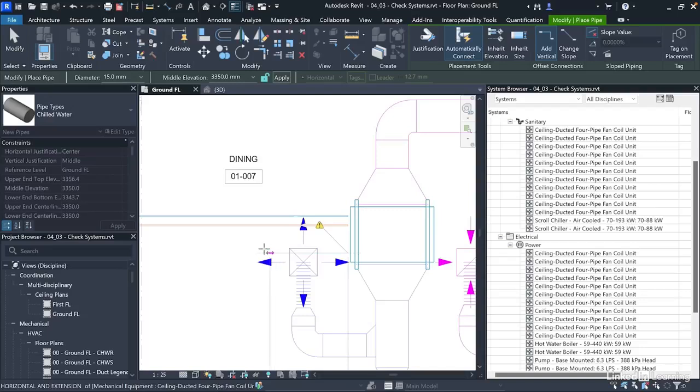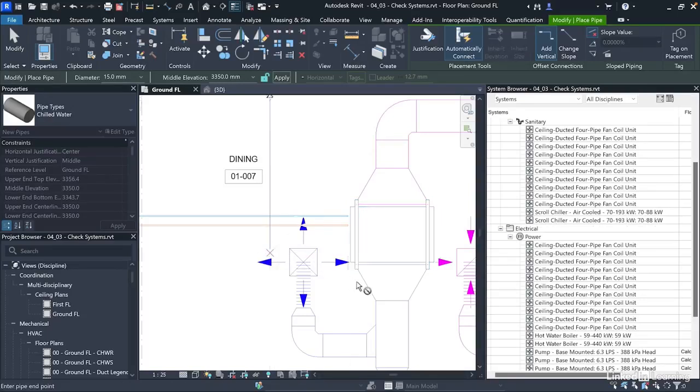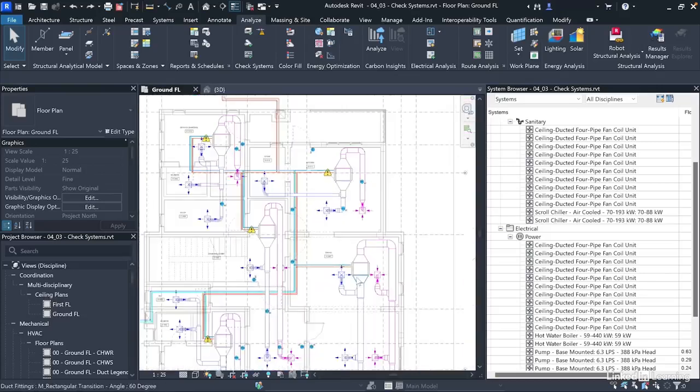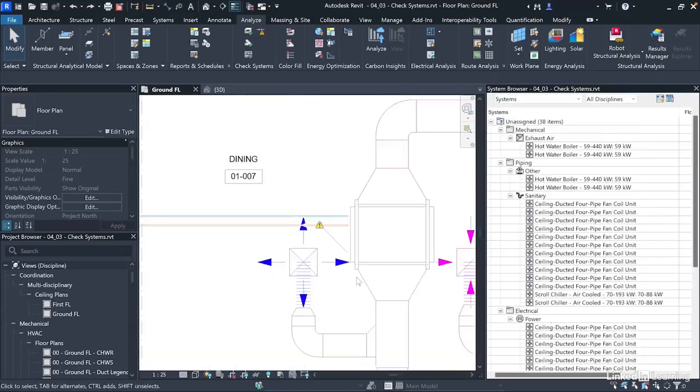So from here, I can just activate this pipe connector and draw a pipe out of this place. The moment I draw a pipe out of this place, you notice that the flag will actually disappear. But I guess sanitary pipes are not visible in this view, that's why it's not visible. But that's to show you that's one of the solutions that we have. So you can see that it disappears. I'll just undo that. Once I undo that, you see that it comes back.